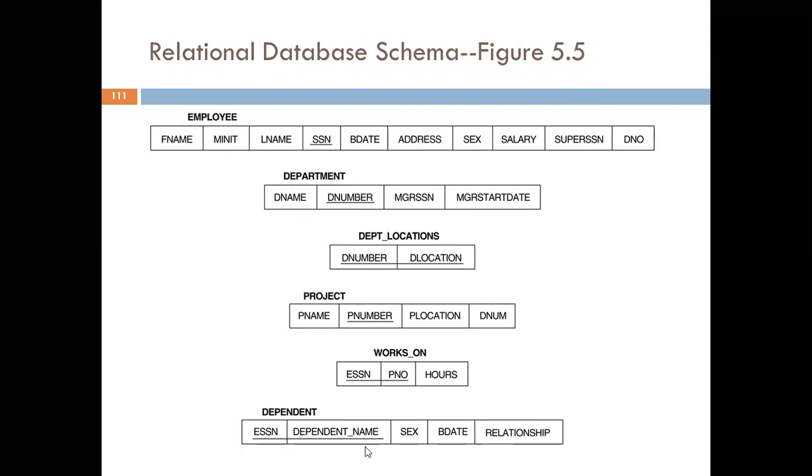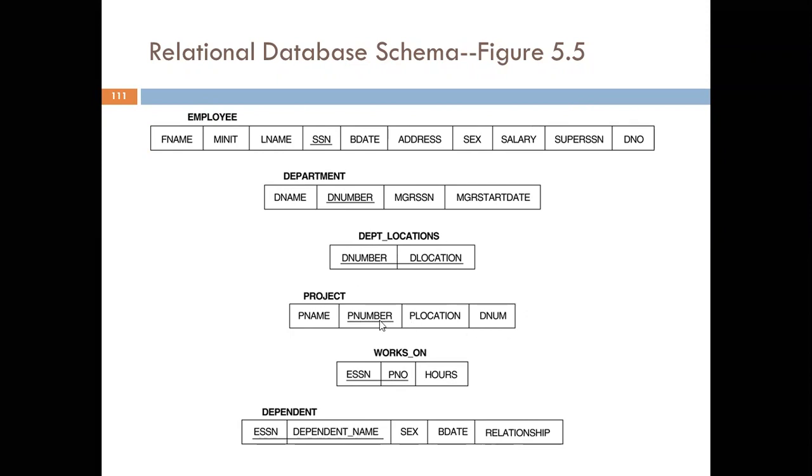So let us again quickly relook at the schema of the company database which we described. Employee, department, locations, project, works on, and dependent. So employee, the list of employees; department, list of departments along with a manager who is an employee who manages this entire department. Then department location. As we described this in our previous classes, a department can have its location in multiple places.